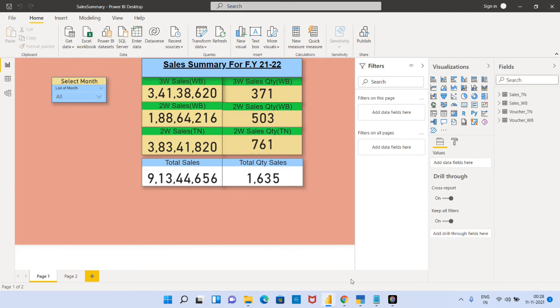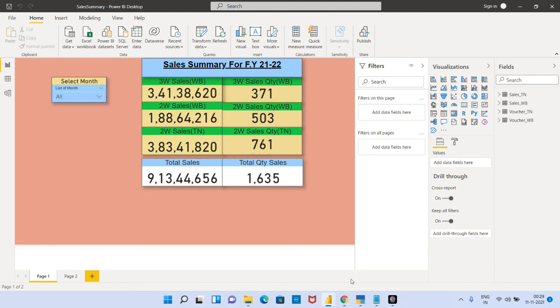The company mainly sold two types of products, two-wheeler and three-wheeler. That is the three-wheeler sales in Bengal with quantity, two-wheeler sales in Bengal with quantity, and two-wheeler sales in Tamil Nadu with quantity. Okay,